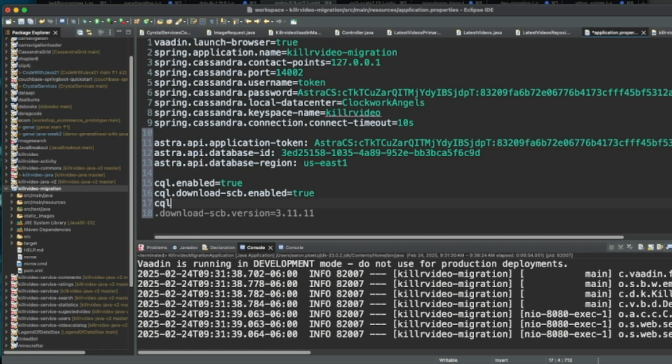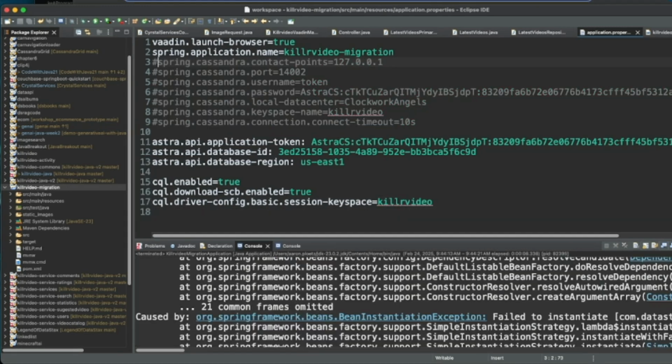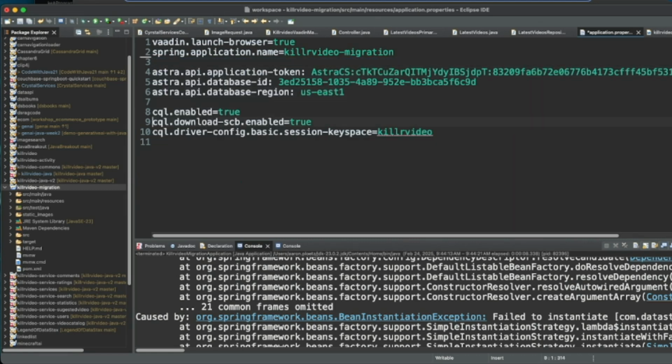And then we'll say CQL dot driver config basic session keyspace equals killer video. All right, let's clear these out. And let's also go ahead and make this a part of Astra as well. I did forget that. So we can just go here, boom, boom, boom, boom.